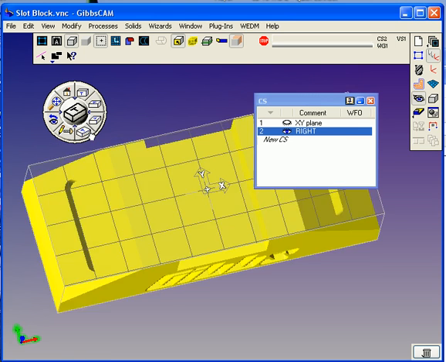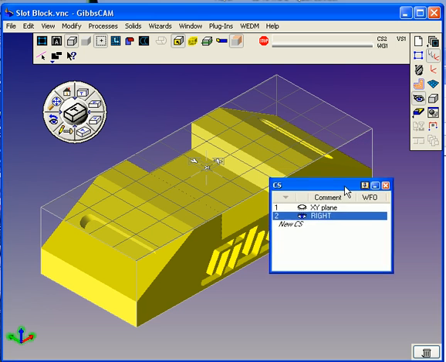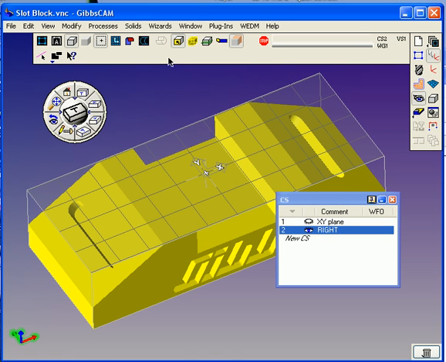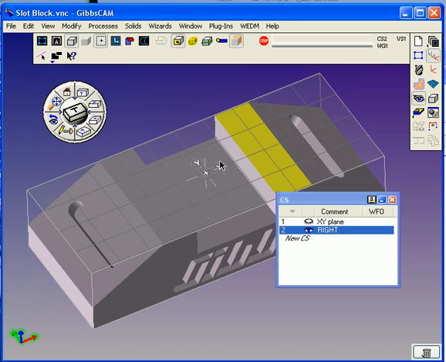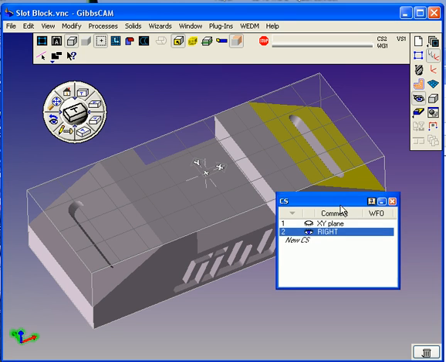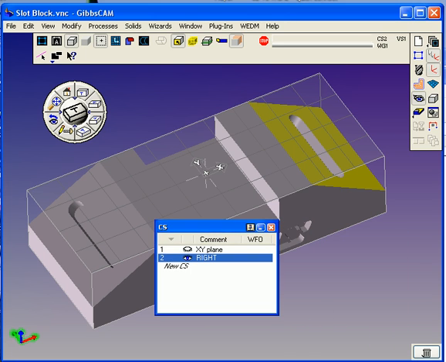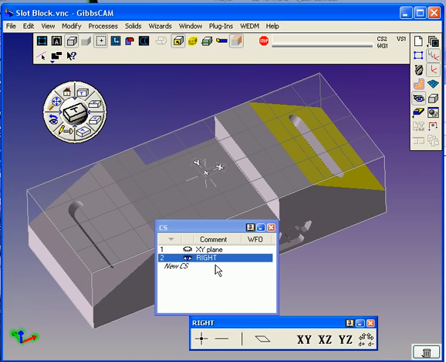Let's go back to isometric view again. It's always easier to build these things when you're working in the isometric view. And further, we need to turn on the face selection tool, so I can select any face of the part. What I'm interested in is this face that represents the right side angled face of this part. And to create a CS, our coordinate system on that plane, I need to bring up the next button down, which brings up the CS creation